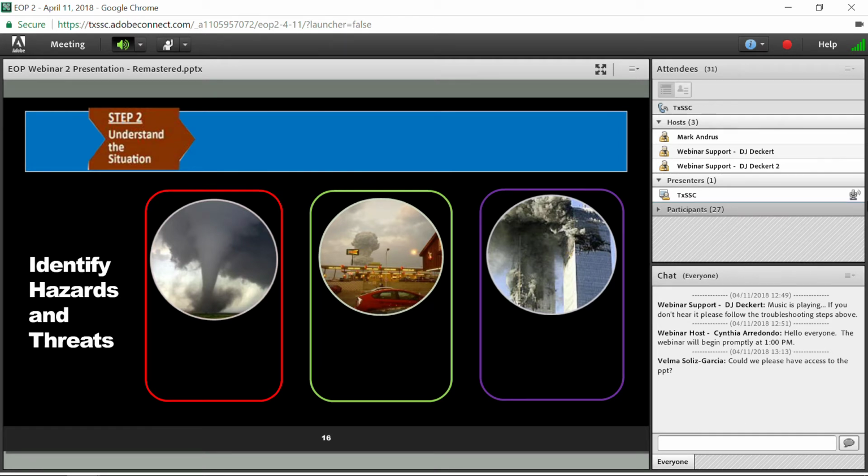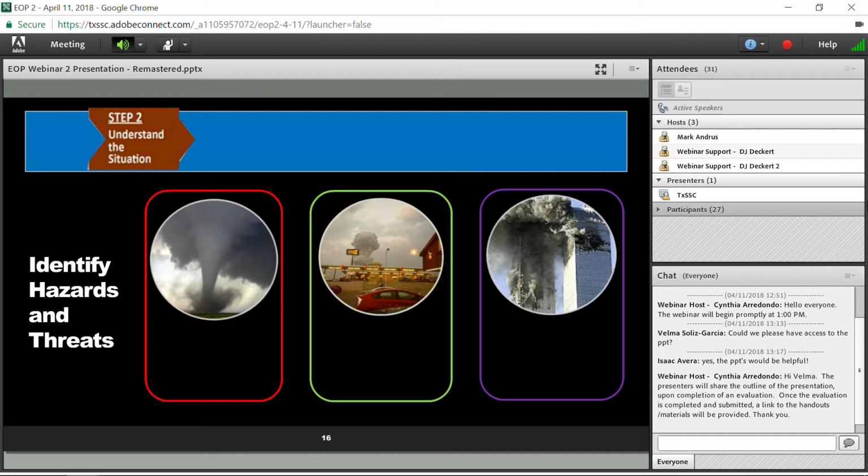The San Marcos River that runs through San Marcos is beautiful, tranquil. It's a nice place that we all use for recreation and other areas. And generally, that river can be considered a hazard, but it has not hurt anybody. It's in a harmless state. It's someplace we want to go to. Now, that can change quickly in the event of a thunderstorm and flooding. It would move from that harmless state to a harmful state, and that moves it from a hazard to a